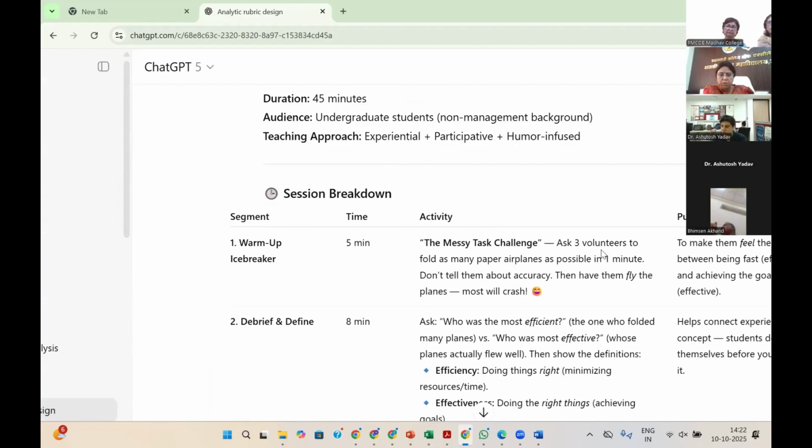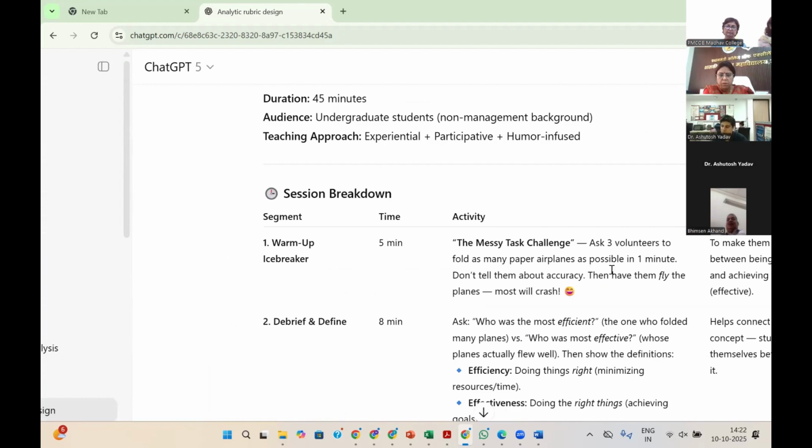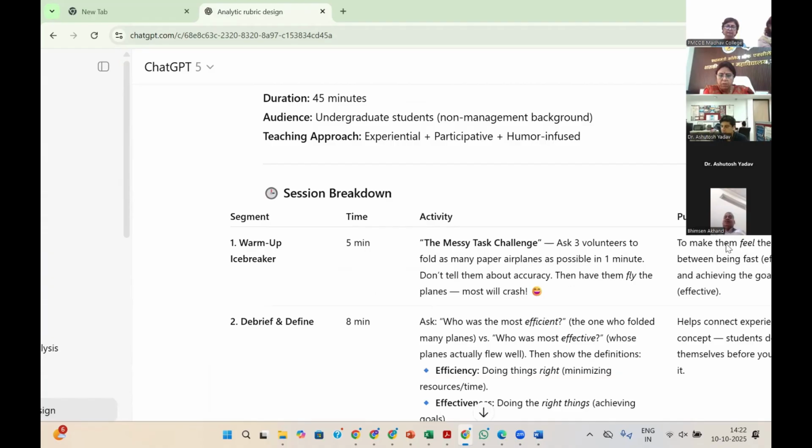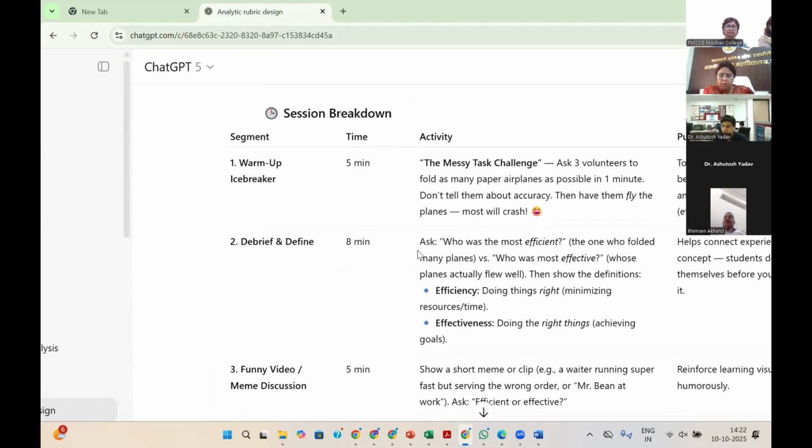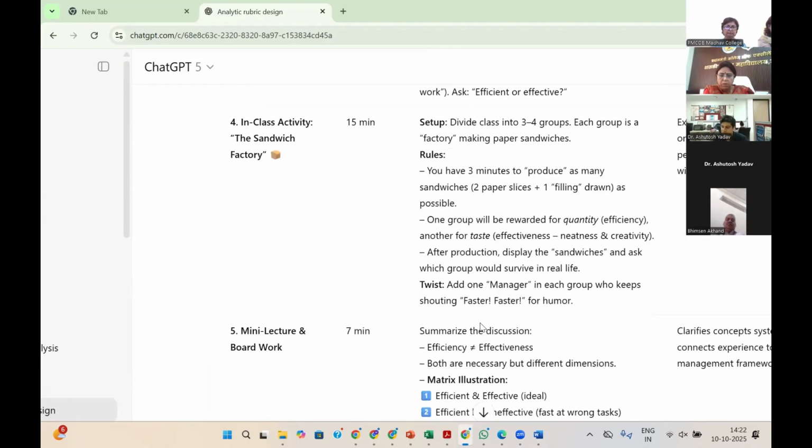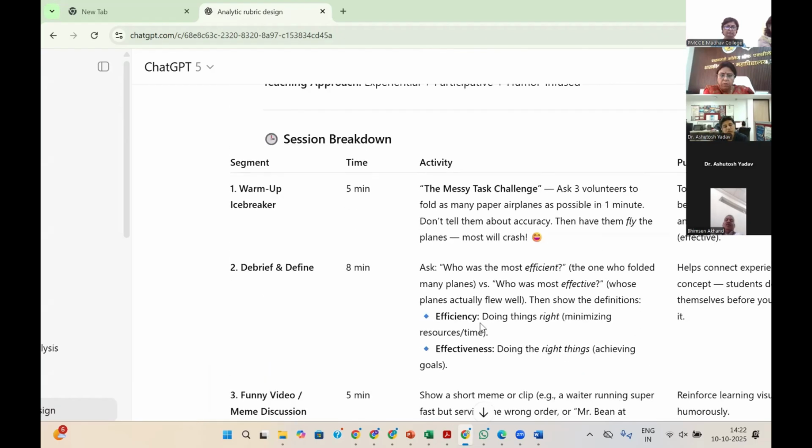We will ask 3 volunteers to fold as many paper airplanes as possible in 1 minute, and we will not tell them about accuracy. Okay, then they have to fly the planes. ठीक है, और कैसे हम, क्या पर्पस होगा, क्या डीब्रीफ होगा, an entire 45-minute lecture is planned, and I actually pursued this. So basically ChatGPT ने बोला पेपर प्लेन चैलेंज कराओ, आप क्लास में 2 ग्रुप्स को डिवाइड कर दो,